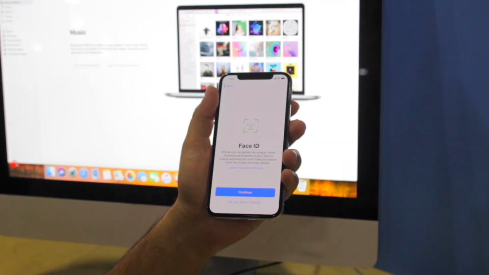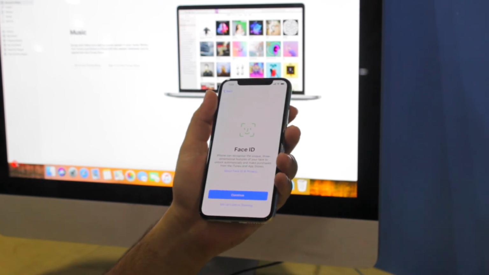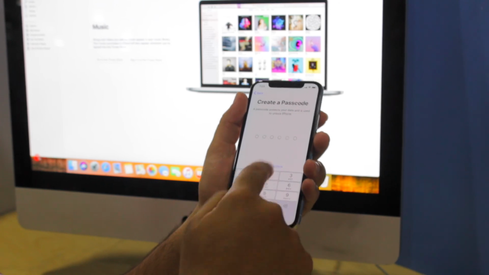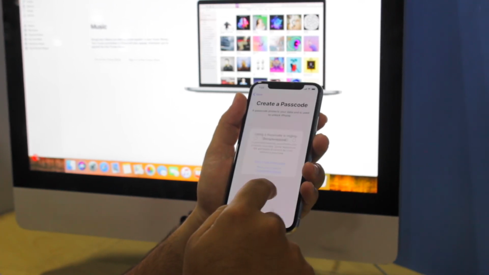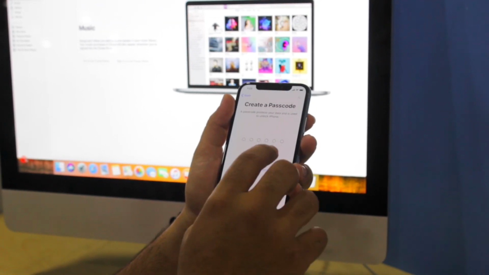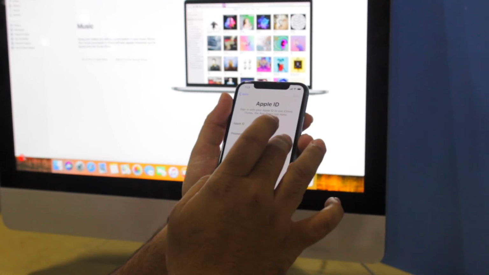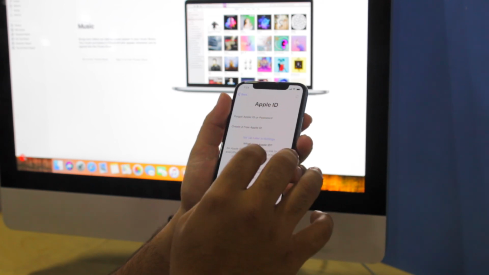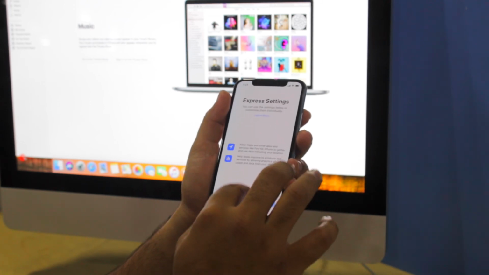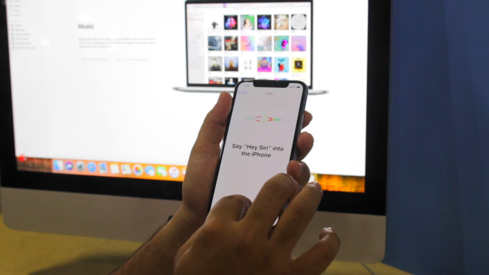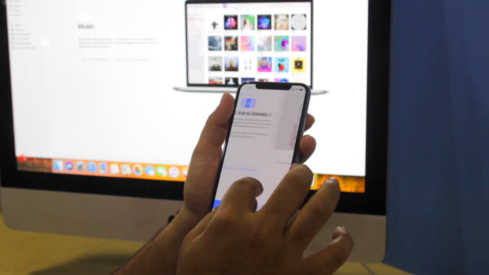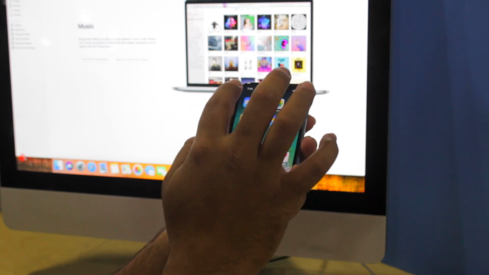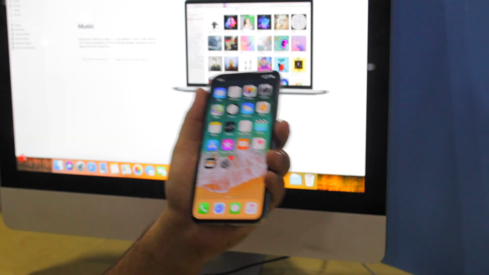Now I'll set up my Face ID later in the settings. I just set up my Wi-Fi as well. I connected my device to a Wi-Fi. I'll set up the password later as well. Now if you want, you can even restore your data through your phone. You can set it up as a new phone, or you can restore it from iCloud. For that, you'll have to enter your Apple ID and password and agree to the terms and conditions. These are some basic things that you will have to accept.